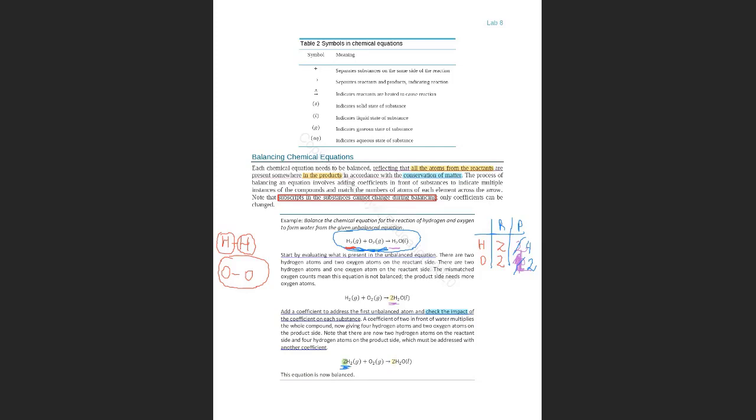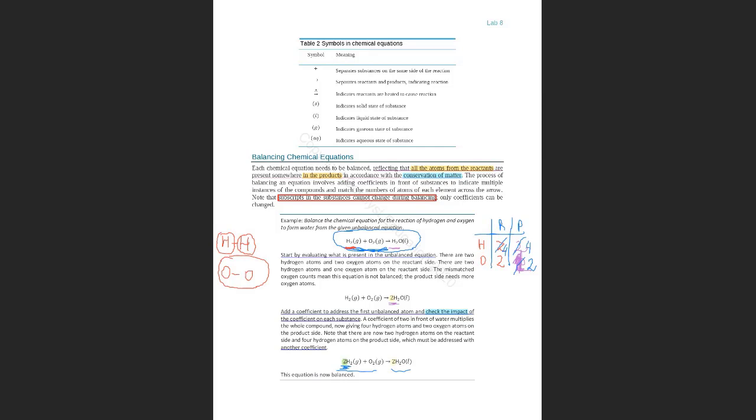If they add this big coefficient 2, now I have 2 times 2, 4. So I correct the reactant side, I scratch this and I say 4. And now I have 4